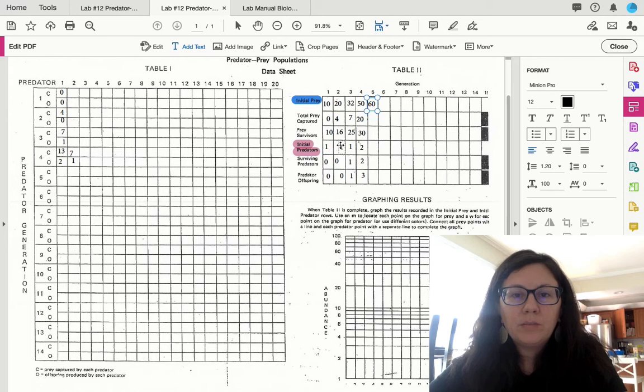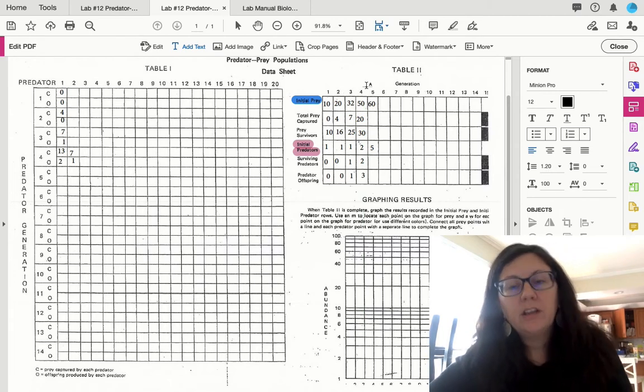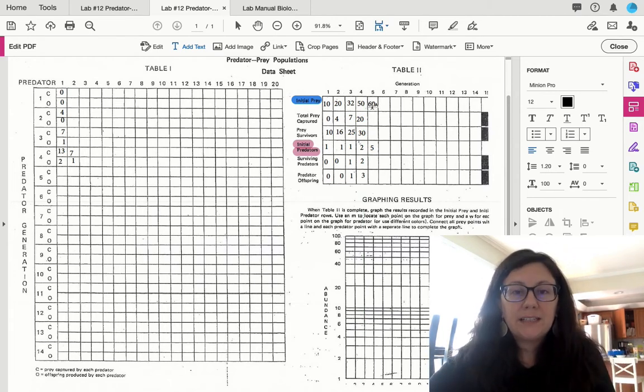And then the initial predators that survive is a combination of the surviving predators and their offspring. So you have 2 surviving predators and 3 offspring that they produce, which is 5 predators to start. And then this is where you begin doing your own experimentation. So you would put 60 M&Ms or 60 popcorn kernels, beads, whatever it is that you're using, into your bowl. And then for each predator, so you have 5 predators,